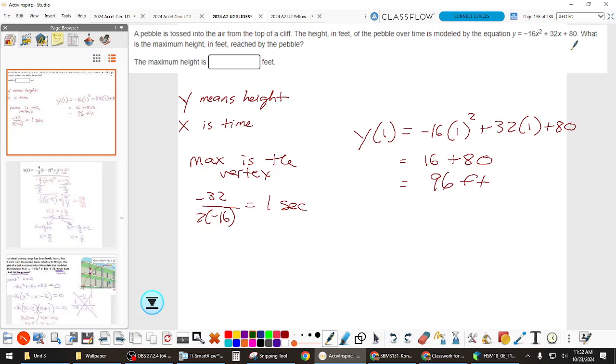Yeah. My last question is this. Do you want, in terms of converting between, like, factored form to standard or vertex form to standard, do you need to know